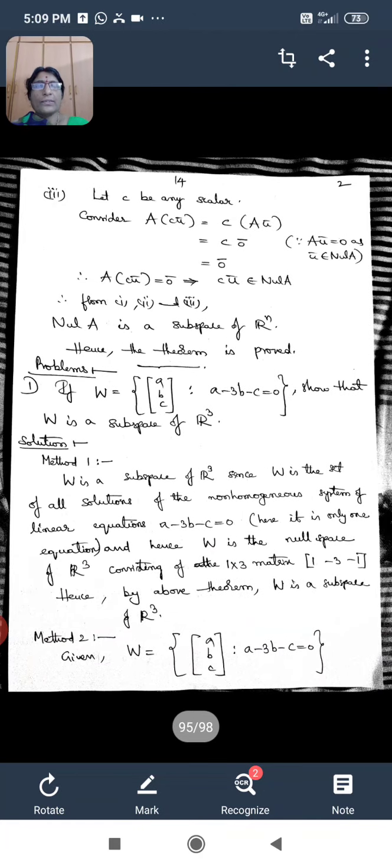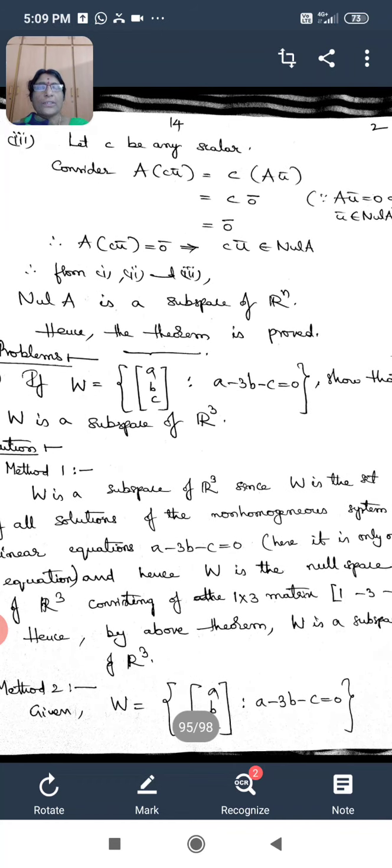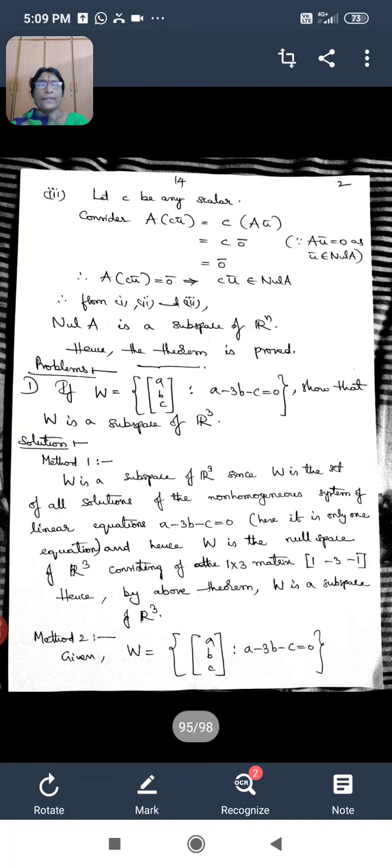And let us go through this problem now. If W is equal to the set consisting of the column vectors A, B, C such that A minus 3B minus C is equal to 0, then show that W is a subspace of R3. So W is a set given like this, and we are asked to show that W is a subspace of